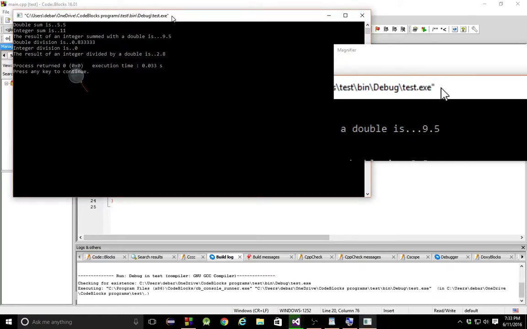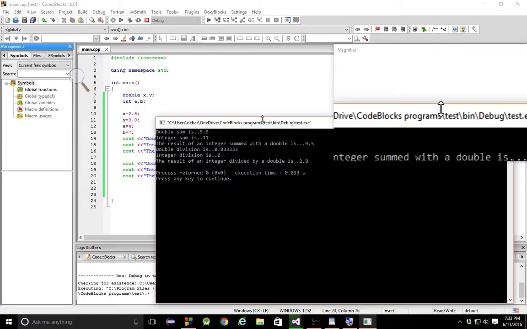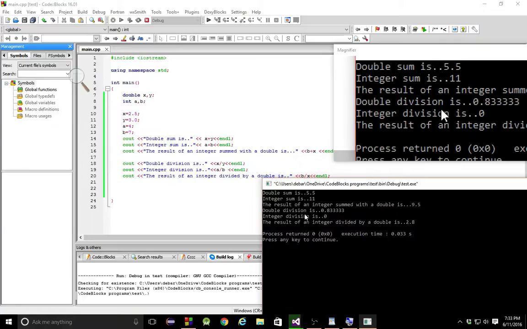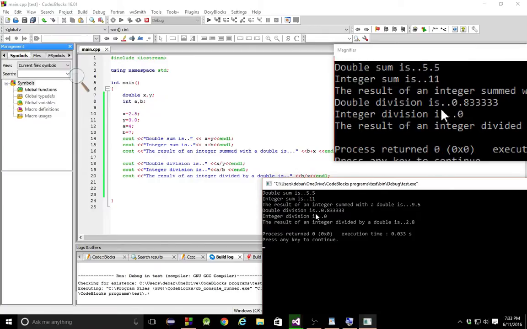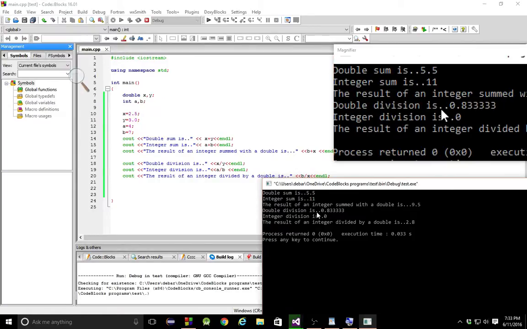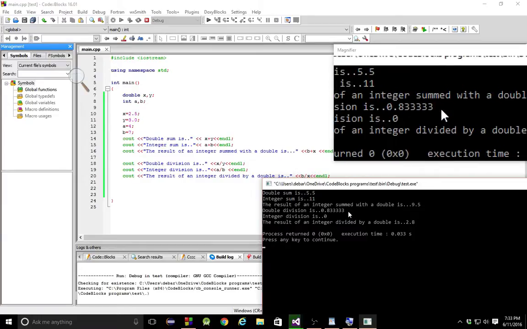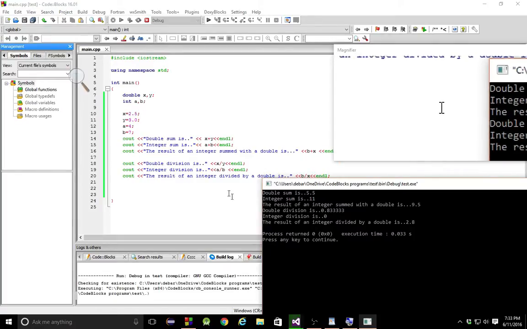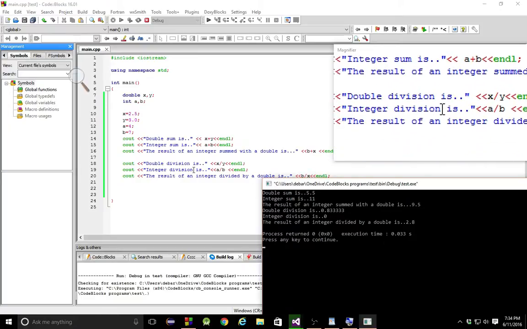So let's look at what's going on here. Double division. We've got a little bit of a round off error because doubles can only hold so much, even though the range that they can hold is much higher than the integer. Doubles are prone to round off error, and they do take up a lot more memory, so be aware of that. And then the integer over here, shockingly, I got that the integer division